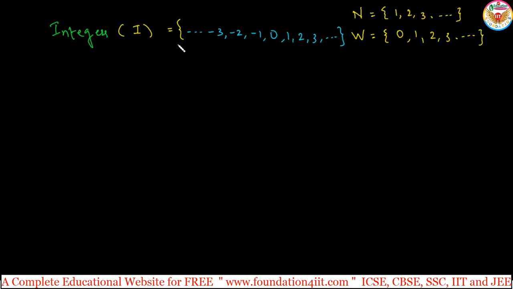So the negatives of natural numbers are on this side. From here, this side is the negative of natural numbers. And the natural numbers, the positive natural numbers from one, are this side. And this is the 0, in between. So we can say that there are positive integers and negative integers.